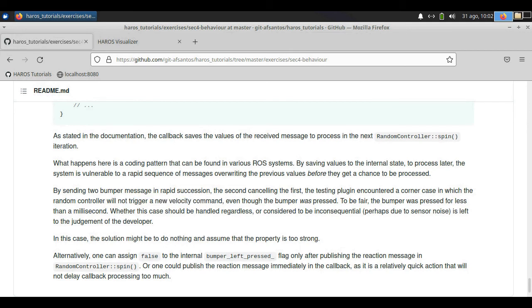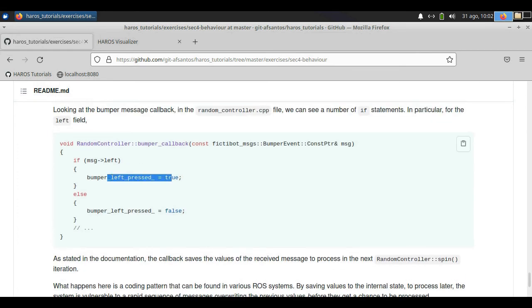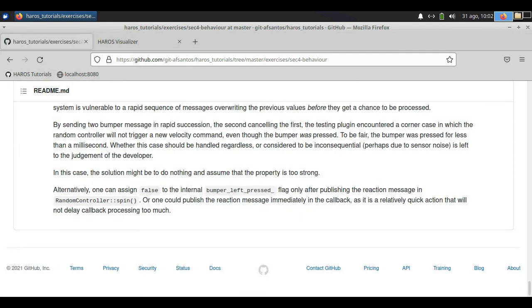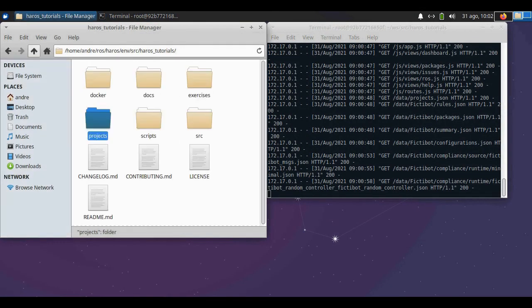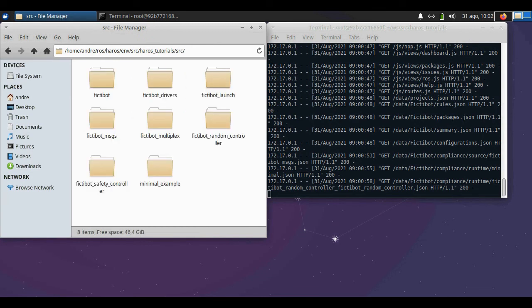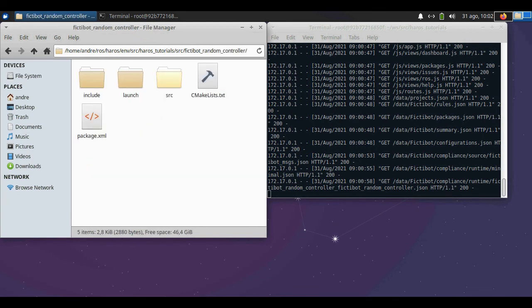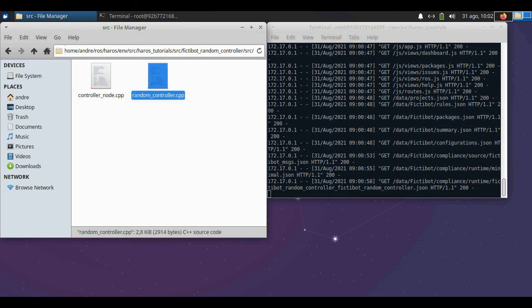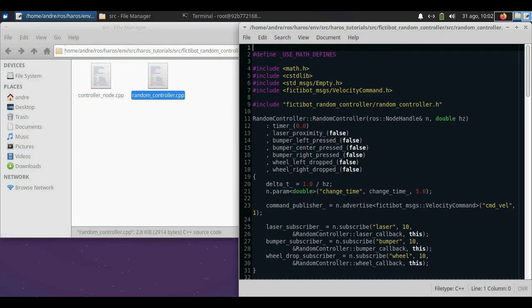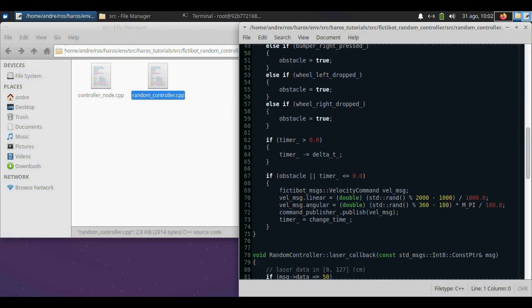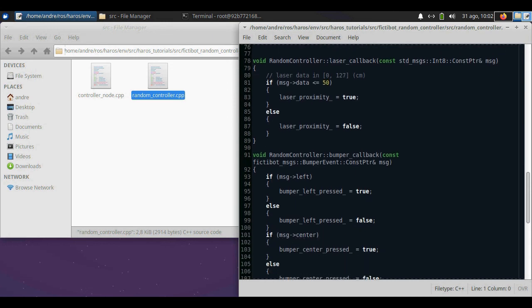Is this a problem? How do we fix it? Well, it's not necessarily a problem. In this case, the messages are so close to one another, so quick, that it might as well just have been sensor noise or something along those lines. It's an obstacle, but it's already cleared right after, so it's probably not worth sending the new response for this particular random controller.